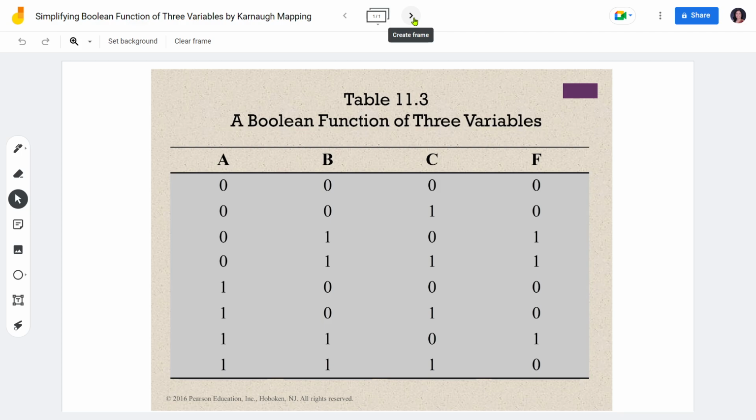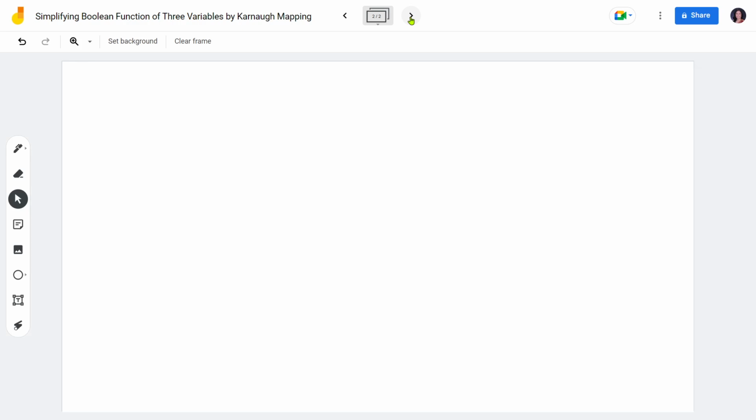Okay, so again, we have the truth table here, composed of three variables A, B, and C and an output F. Since we are dealing with the sum of products, our only concern here is the 1 values in the function F. So we're going to get the variables for each of the rows with 1 values in it. The first one is 0, 1, 0.